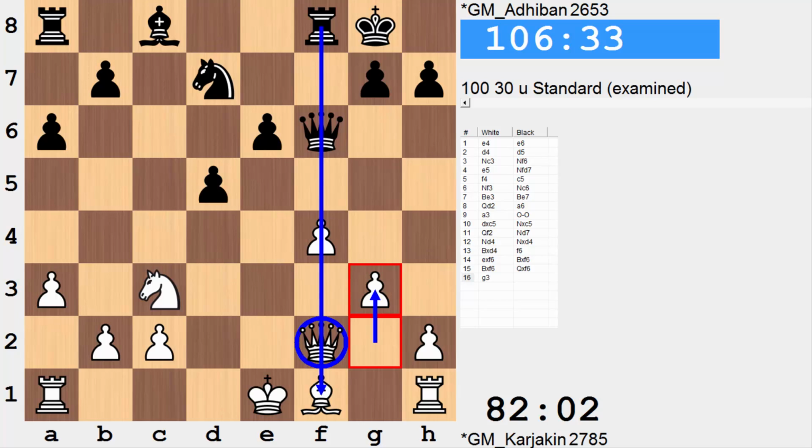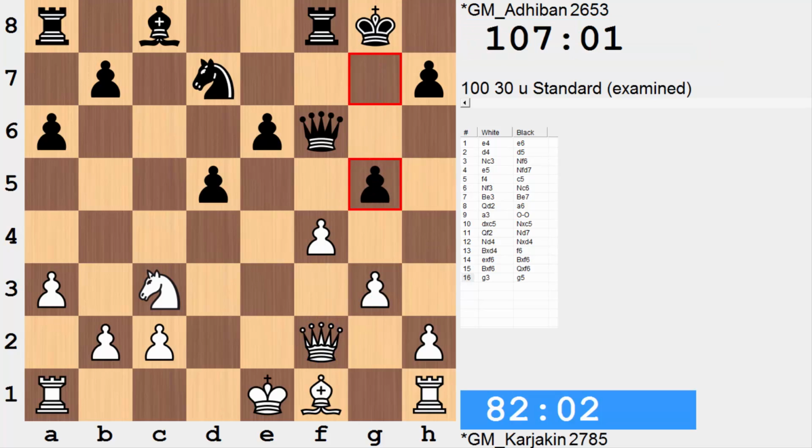After g3, you ready for this next move? g5. It's one of the most committal moves in the game. Very weakening to black's own king, but